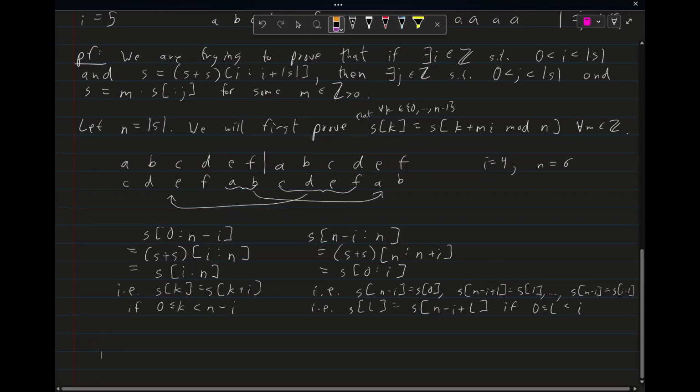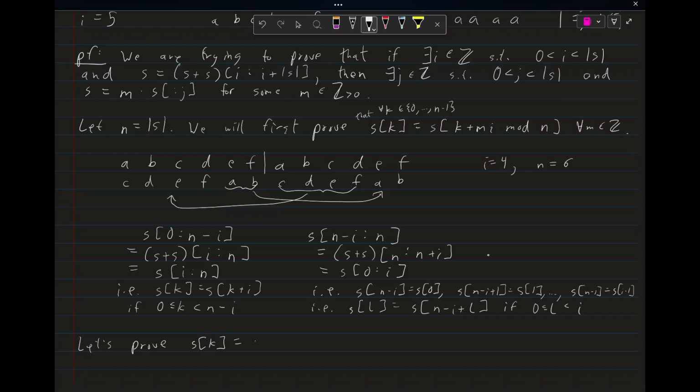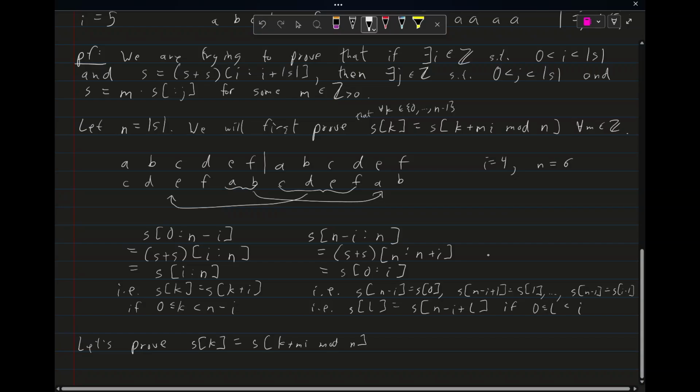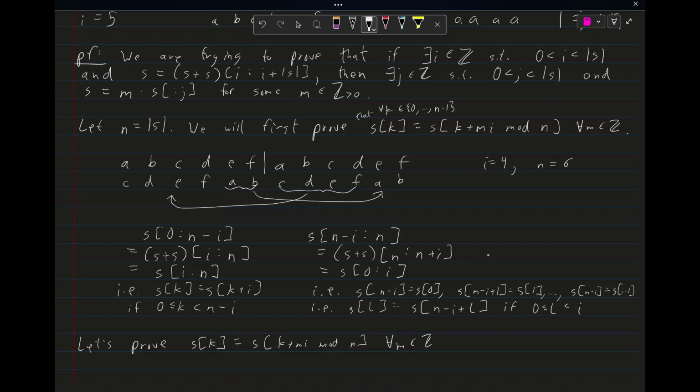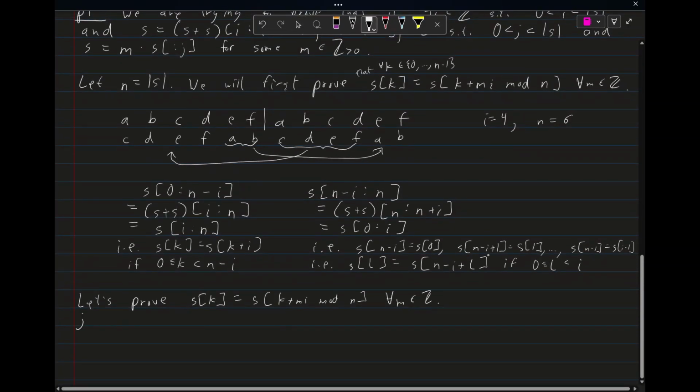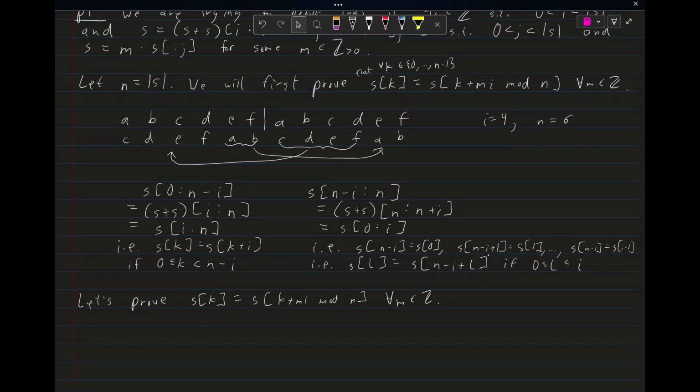Let's prove that Sk equals Sk plus mi mod n for all m in Z. So we'll start with j. I mixed up notation in the video and my notes. So if k is strictly less than n minus i, then we have